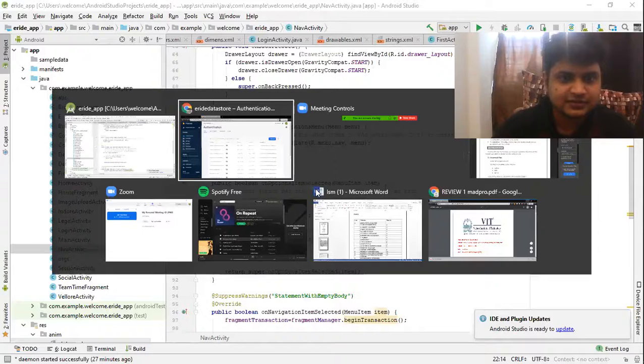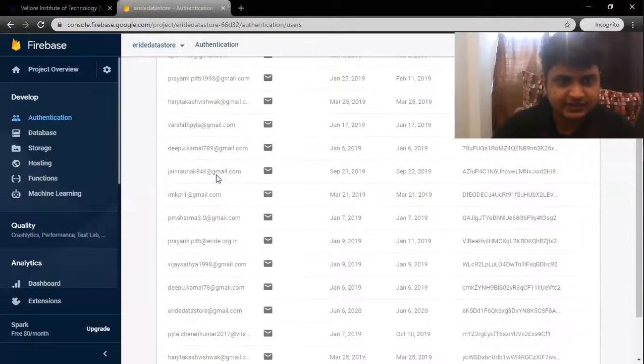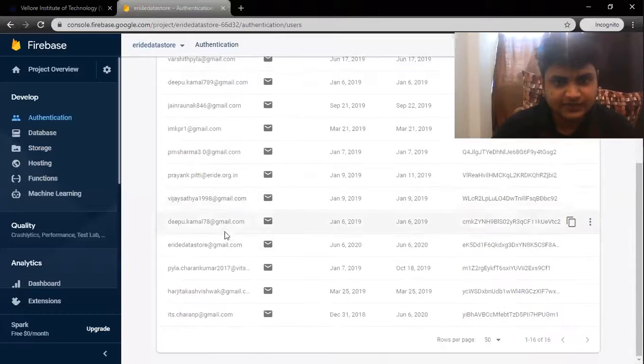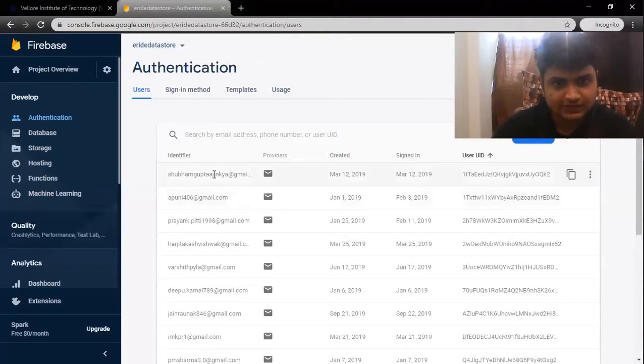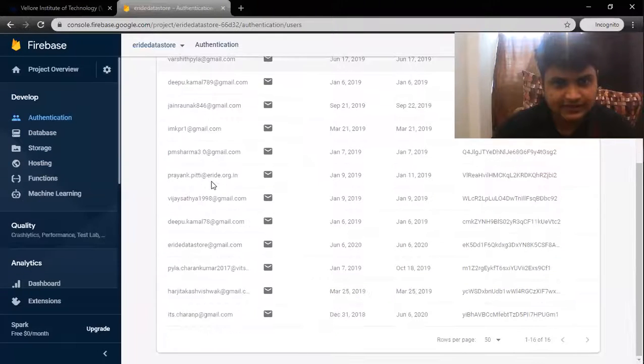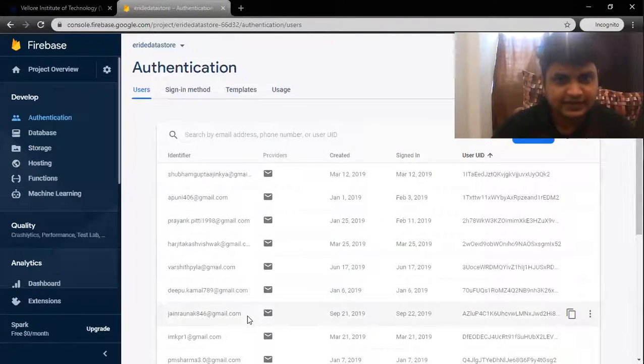And next thing is authentication. You can see here many users have logged into the app. All those authenticated details will be stored here. All the authentication details will be stored in the Firebase. And next thing is,